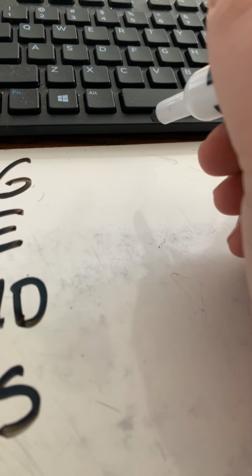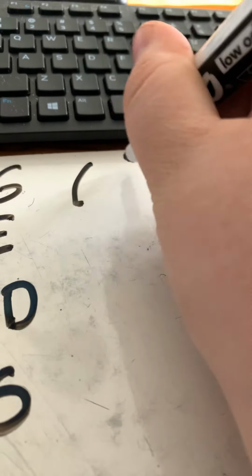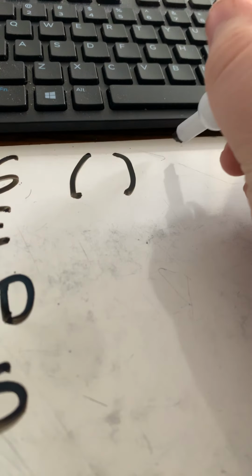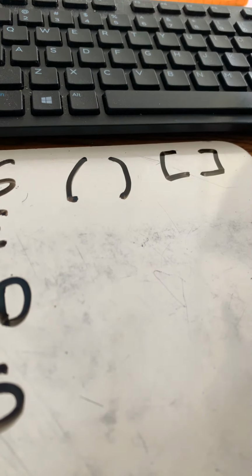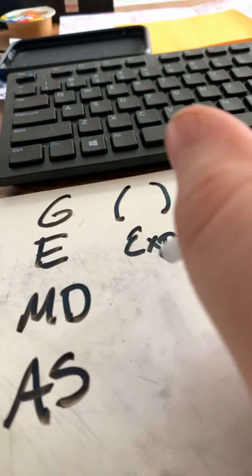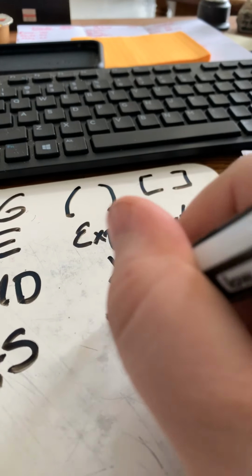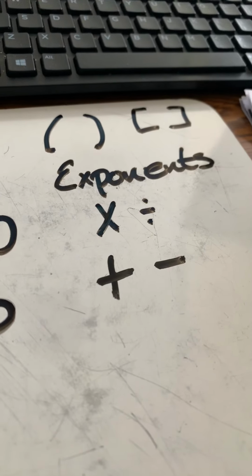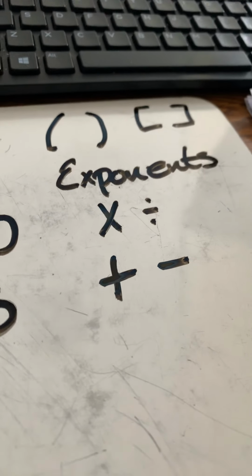The first part you're going to see is what's called grouping symbols. Most of the time you'll see them as parentheses. You may also see them as brackets, and so on. E stands for exponents. MD stands for multiplication or division. Then addition, subtraction. Pretty simple. All right, so if we look at this first problem,